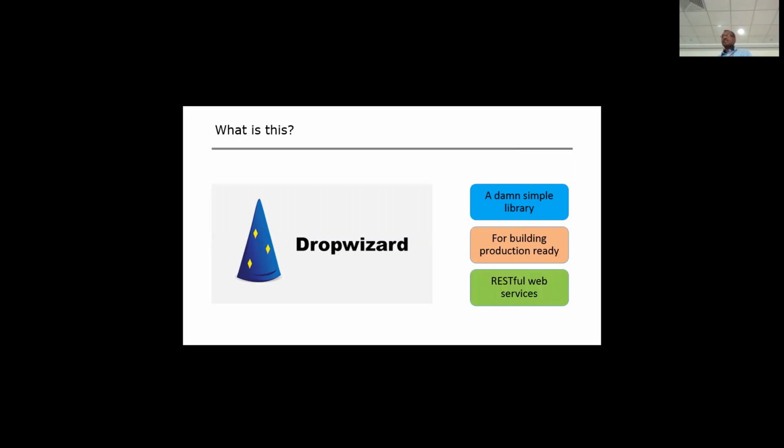RESTful web services. So we all know that RESTful has become the default way for web and mobile now, and its importance is growing as technologies are converging towards APIs. And just a quick introduction about RESTful services. It's Representational State Transfer, and it's an architectural style which is lightweight and scalable and easily deployable, and